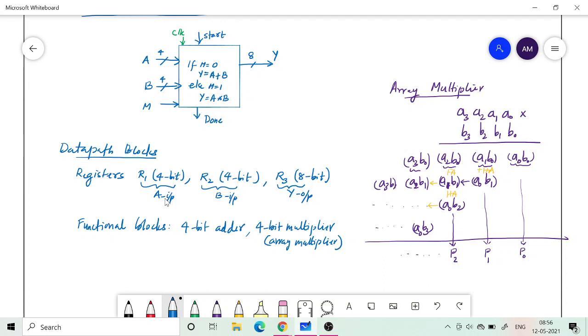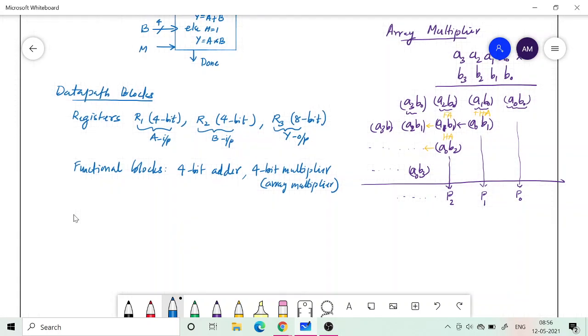All vertical lines are one stage, and since we are shifting before adding, there is going to be a larger number of stages. So P0 to P7, for example, the last carry will come in P7. So that will have some delays there, and we need to take those delays into account when we design the clock frequency at which we can operate it.